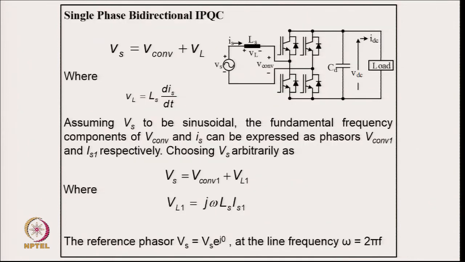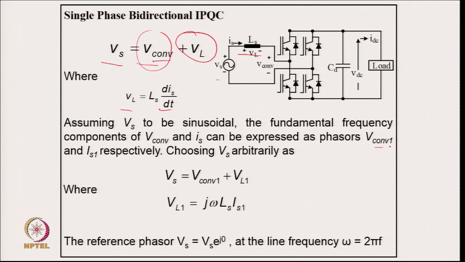So, coming to the interesting part, the design of it. Here you have the converter fundamental voltage, this is the relation for fundamental voltage, and you have a supply fundamental voltage. We do not expect any harmonics in the supply voltage, but the converter has harmonics, that is why we say this is the fundamental voltage, and this is the inductor drop voltage, and the inductor drop will correspond to VL equal to Ls dis upon dt, assuming Vs to be sinusoidal, and the fundamental frequency component of the converter,